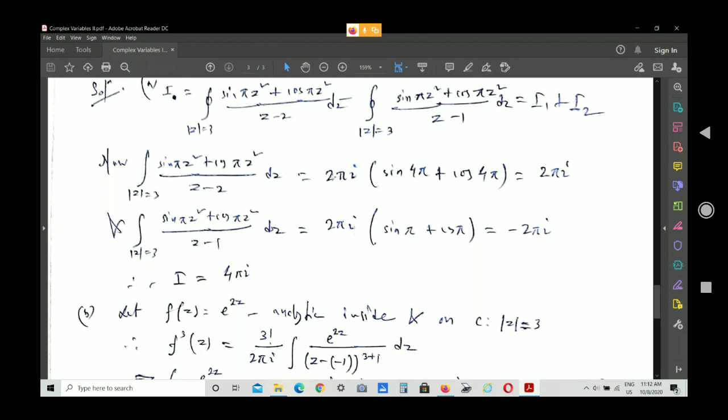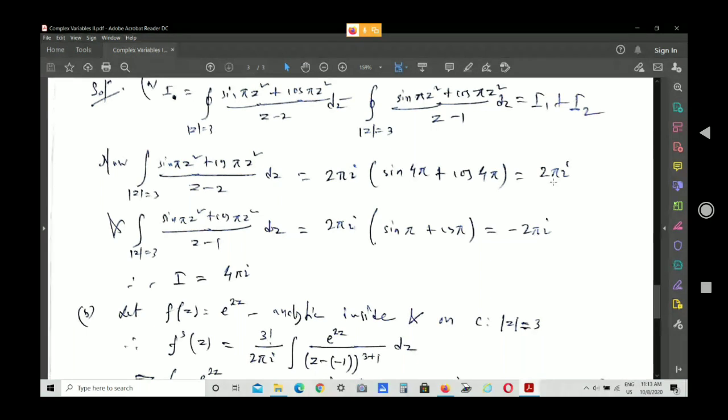Therefore, the value of this integral will be twice pi i into f of 2, matching with Cauchy's integral formula. So f of z is this, and f of 2 will be z replaced by 2, that means sin 4 pi plus cos 4 pi, equal to